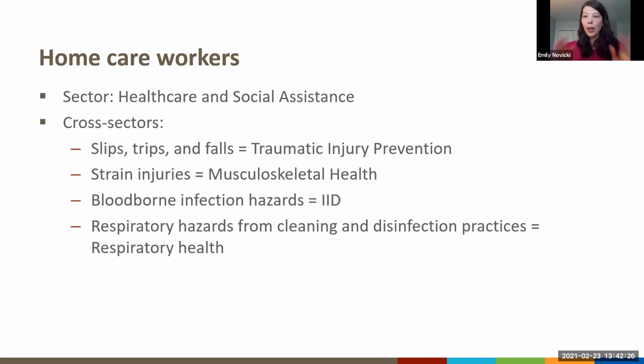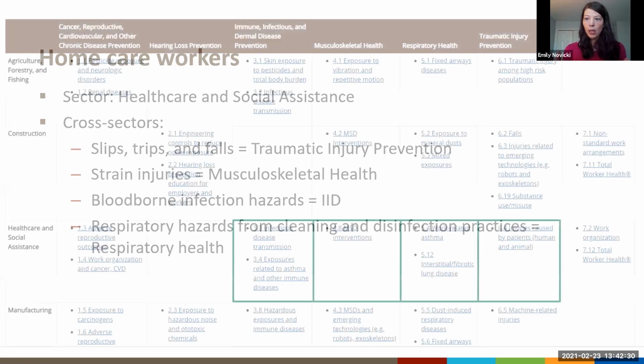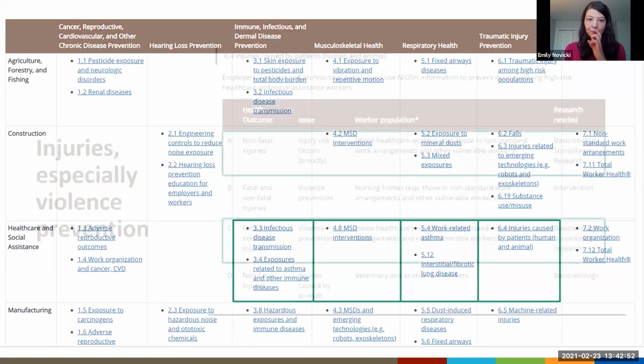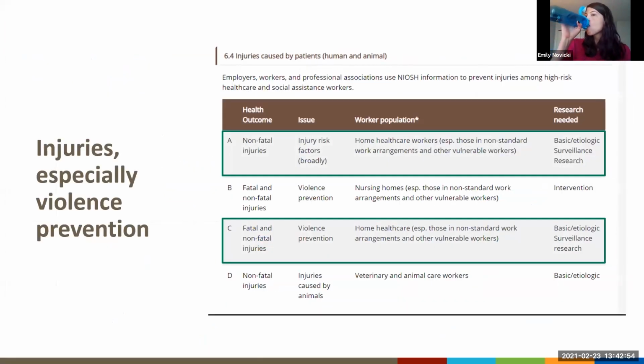Okay, so now that we've identified our sector and cross sector, then we're going to go to the big table on the strategic plan website and start looking at the intersection between healthcare and social assistance and these various cross sectors, and they just all happen to be in a row here. So then you would click on each one and start investigating and seeing where have home healthcare workers been highlighted. Okay, so